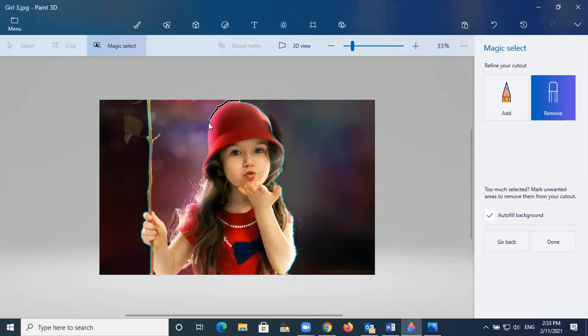No need to be perfect. Just draw the line to say that you want to remove some of the part. No need to be perfect. Just draw some of the part that you want to delete. See, now this check is there. Now it means they are going to remove this part because the shape is like this.